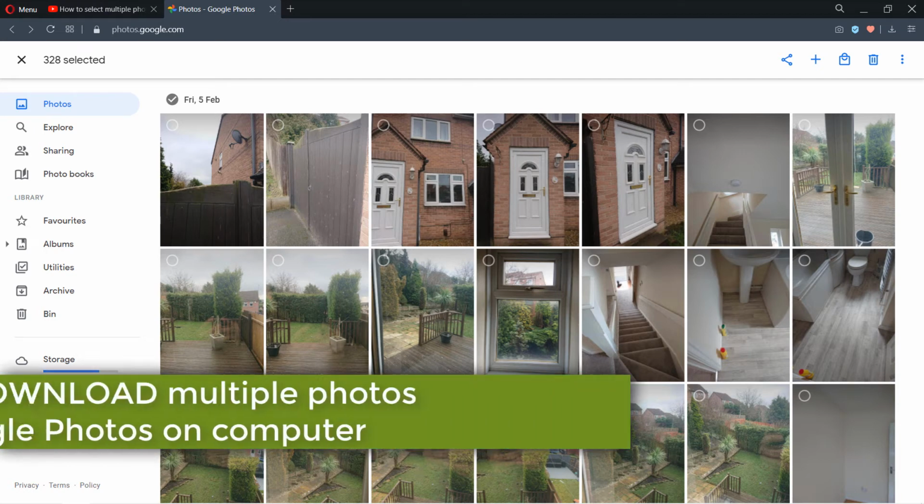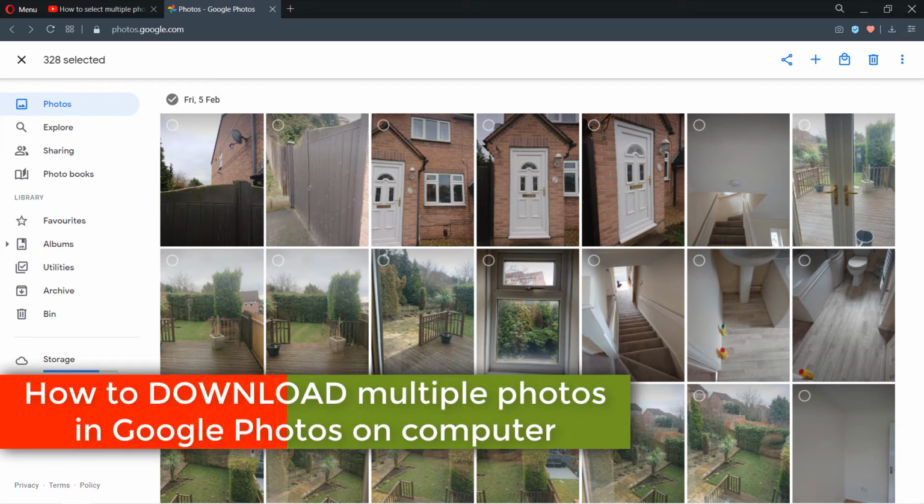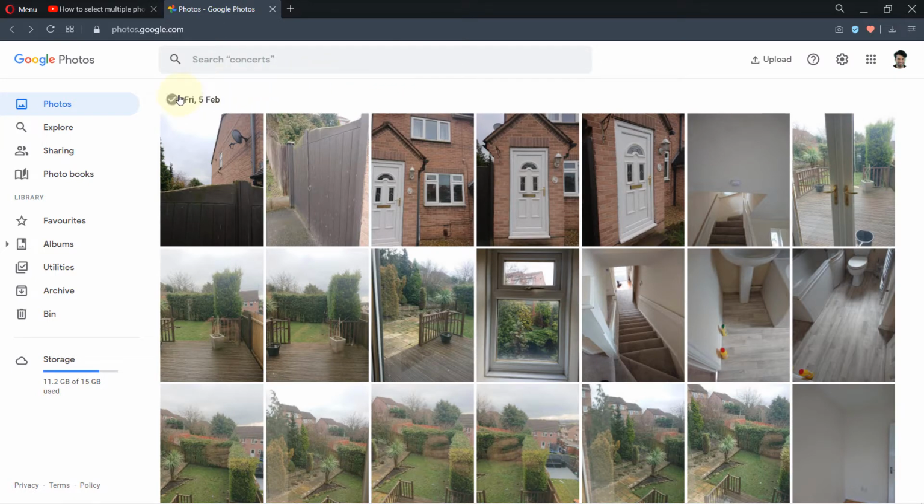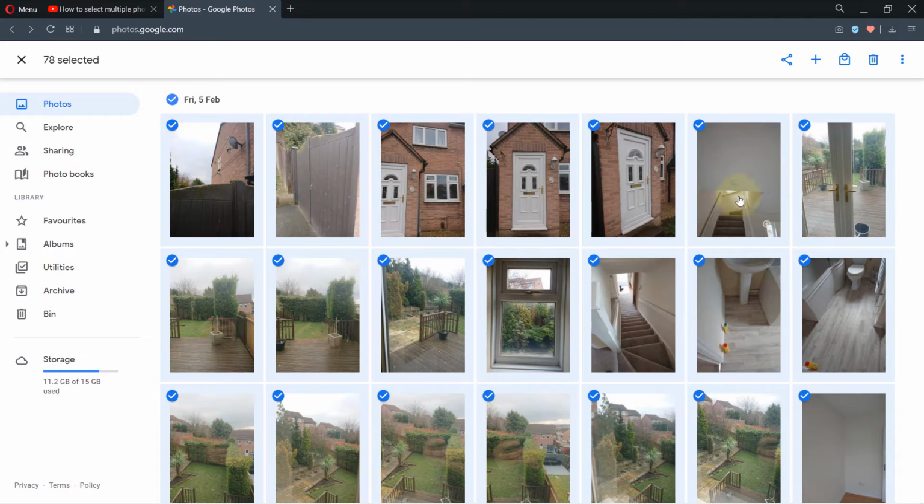Google Photos only allows 500 photos or videos to download at a time. So to select multiple photos, one trick is to move your cursor on a date where you took a lot of photos. You see a tick mark, and then just select that tick mark, and then we select all the